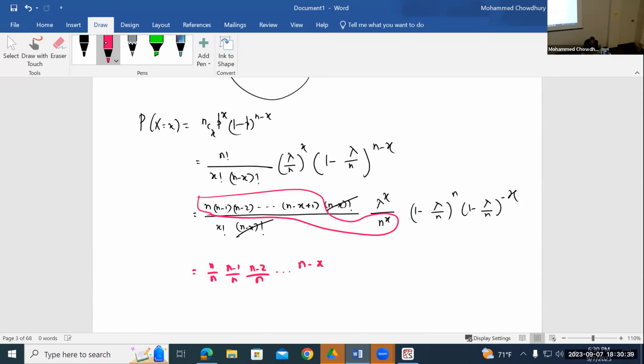The name of the distribution is e to the power minus lambda, lambda to the power x over factorial x. So what are the applications for this? The application is that when the number of trials is very high and the probability of an event happening is very low, then we can use